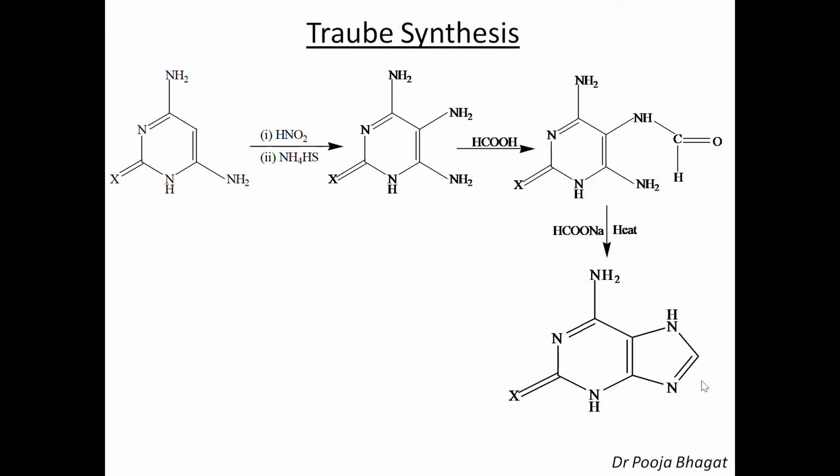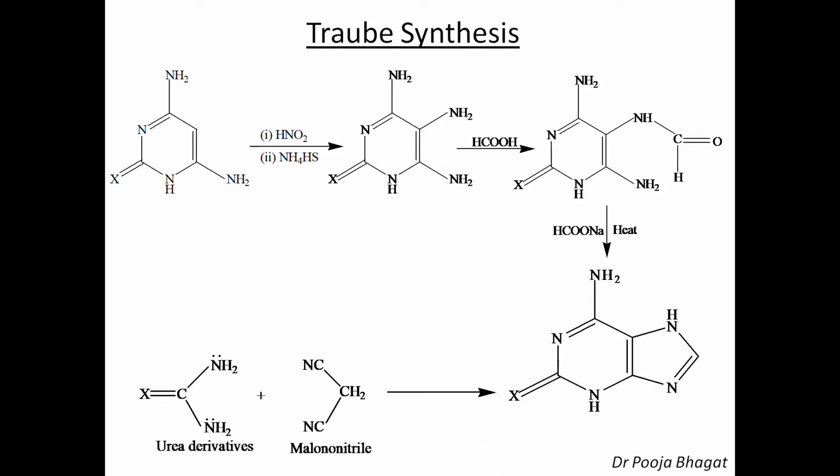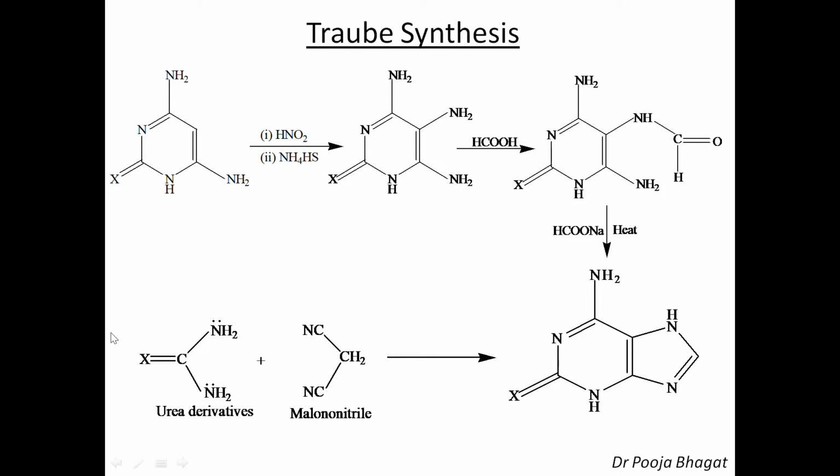this purine. Okay. This part I am not discussing in the details because we have already done it when we did the synthesis of purine derivatives. Now, if you can recollect, we have started with urea derivative. Here we have started with malononitrile and we get this purine. Okay. So this X is this X and this nitrogen is here and this nitrogen is here. That means this part comes from this urea derivative. Okay. This part. What about this part?